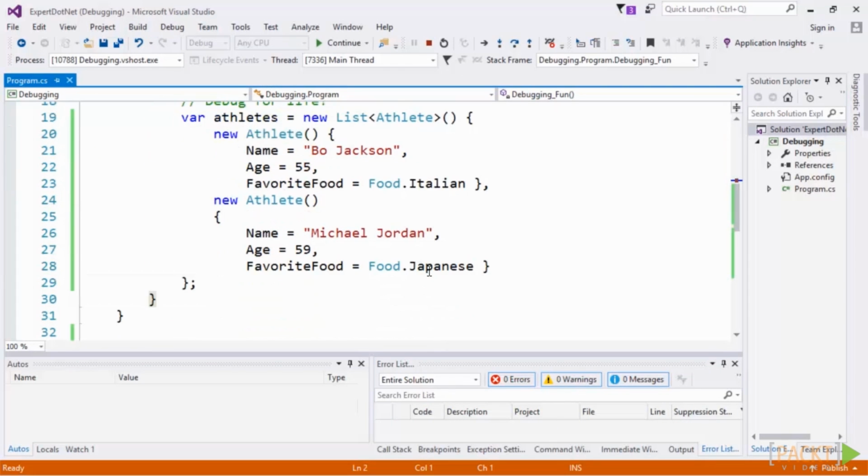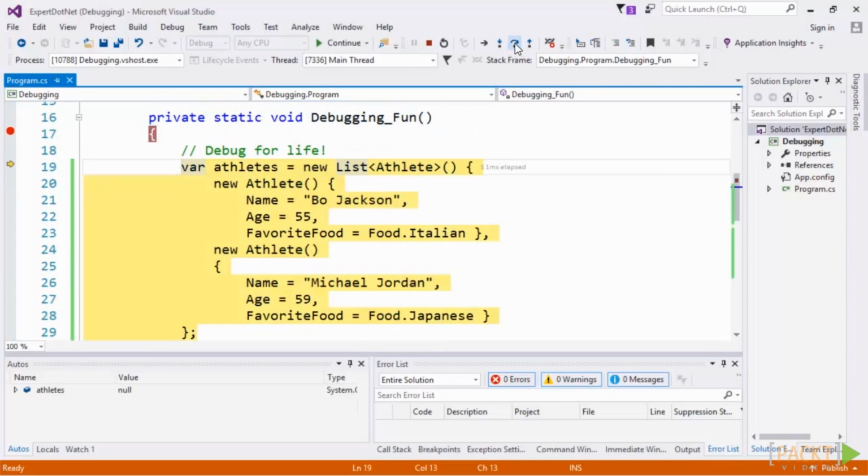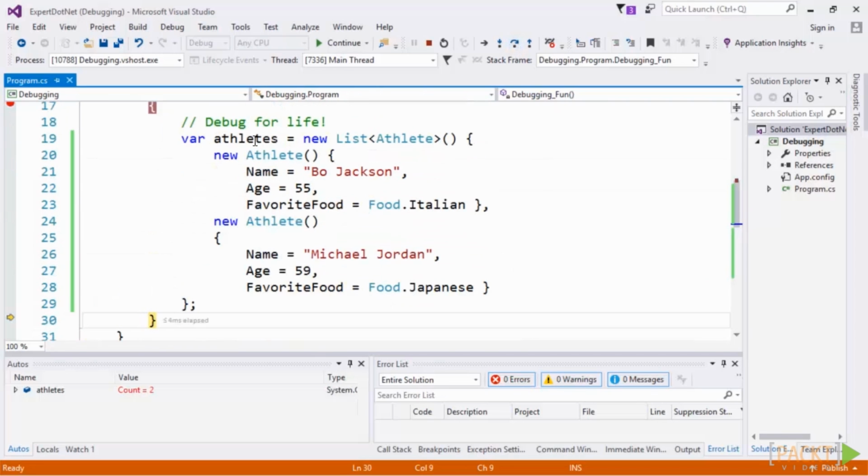Drops me back here, and as I step through, I have a count of 2. So we know we have both of our athletes in there in the collection of athletes. That's great. Now there's one more thing I'd like to show you, and that is how we are able to